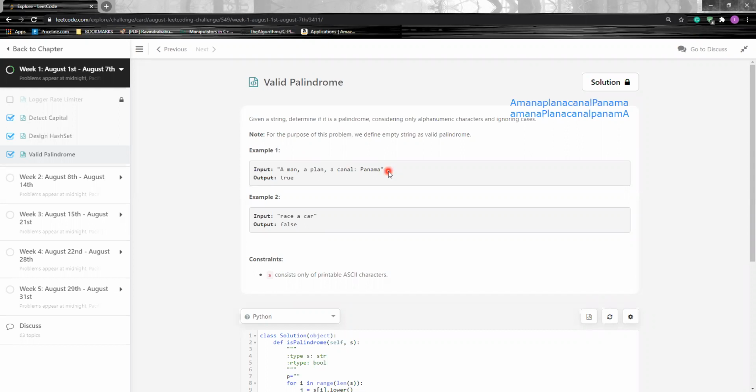Checking palindrome or not is very simple. Basically, just reversing a string and comparing the two strings. But here they have given a condition: consider only alphanumeric characters and ignore cases. So what is this alphanumeric? Alphanumeric means just alphabets, like small a to small z and capital A to capital Z, and digits from 0 to 9. So we should consider only those characters and we should ignore all the other characters that are present in